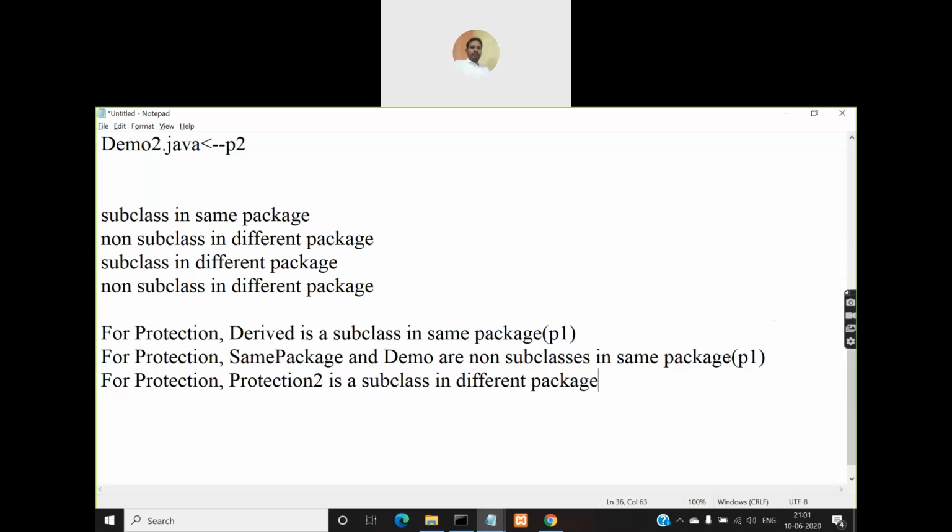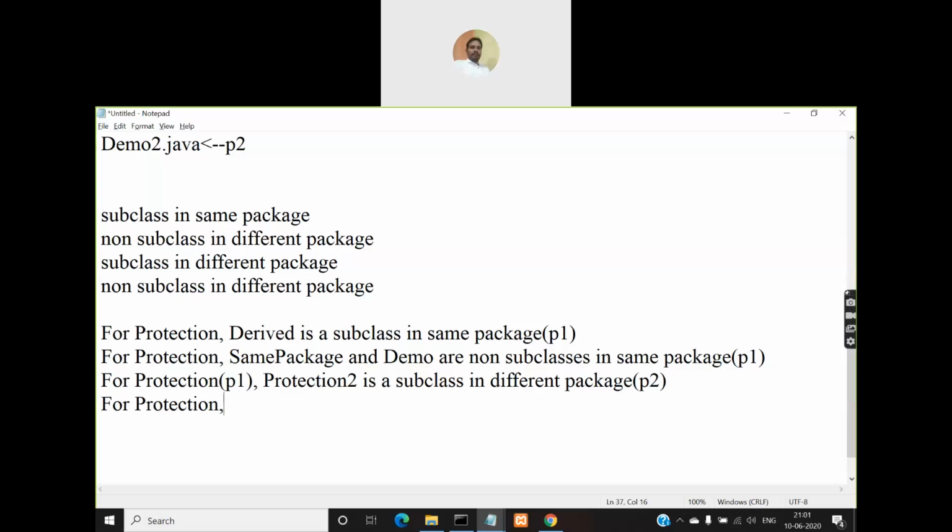Right? In different package means protection is defined in P1 and protection 2 is defined in a different package, that is P2. Right?